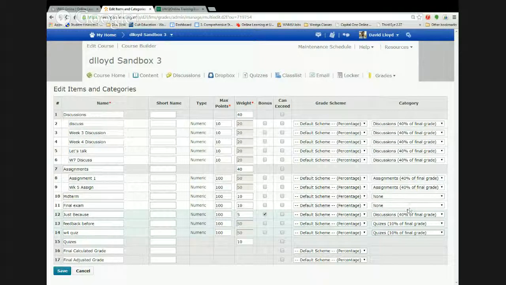So that can be the extra 20%, right? Or I could put that as part of my category and modify its weight. Or these could be in their own category. Like the midterm and final might be equally weighted for your final grade. But I don't have that category yet, so I won't do that. Alright, and once I get these kind of where I want them, I'm going to come down and save this. Or I can also even